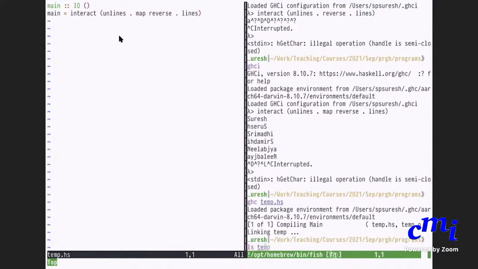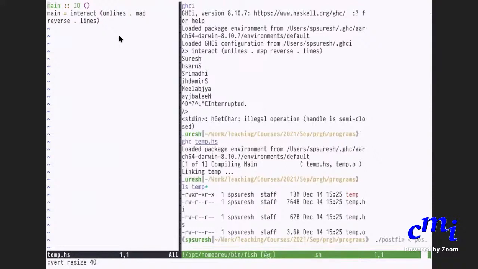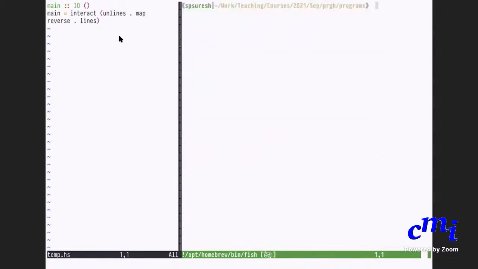If you see what all files of the form temp I have, you will see that there is a temp with red color. Do you see that? Yes. That's an executable. So now I can just run this temp.